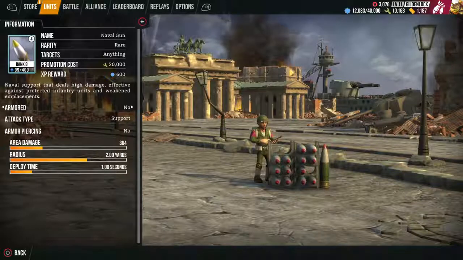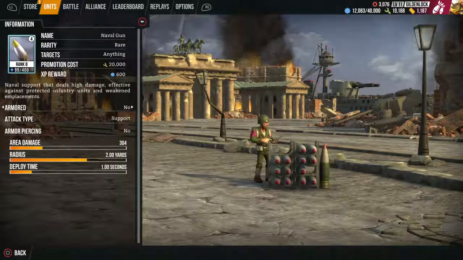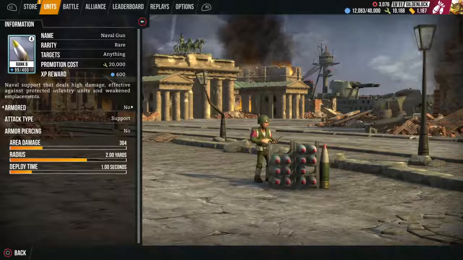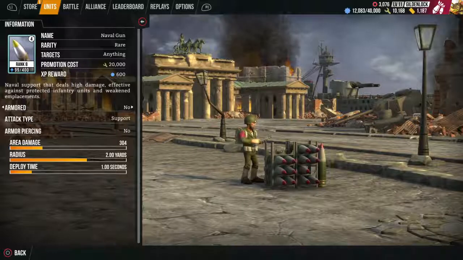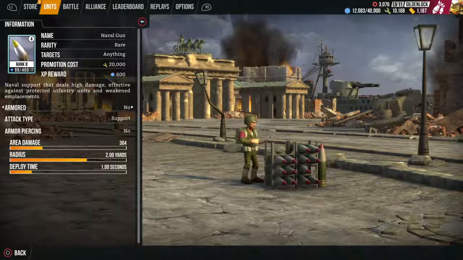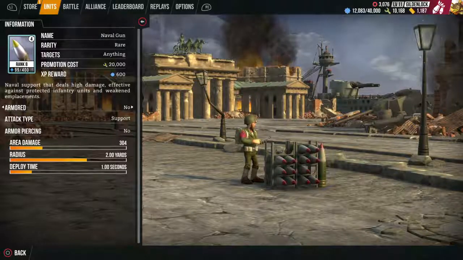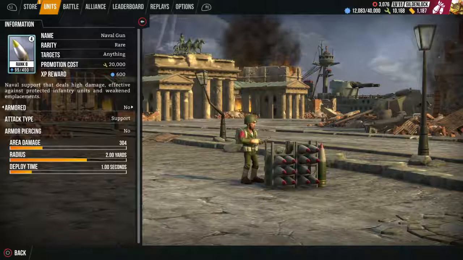Next, we have a Naval Gun. We've already done a kind of direct damage attack unit when we covered the rockets, but this is a little different. It does more damage, but it covers a smaller area. So it won't necessarily be good at taking out, say, those bigger waves, bigger clusters of enemies or installations, but